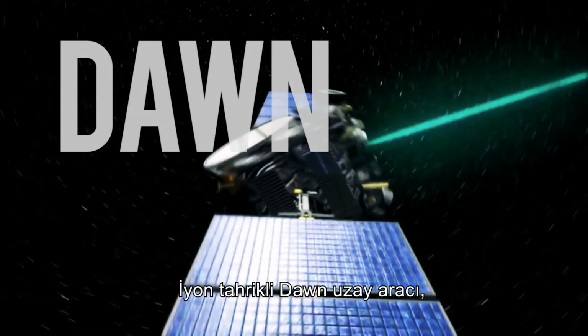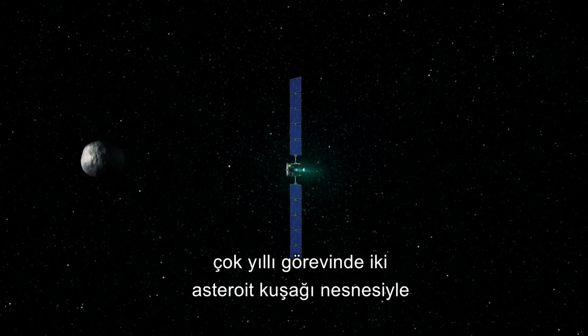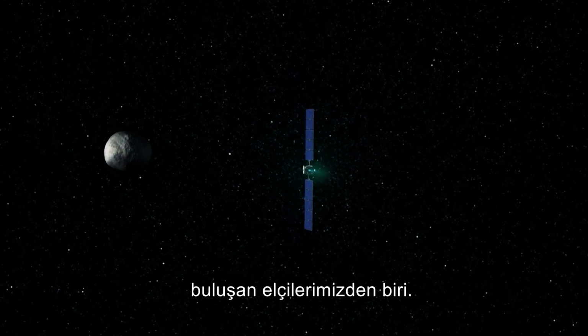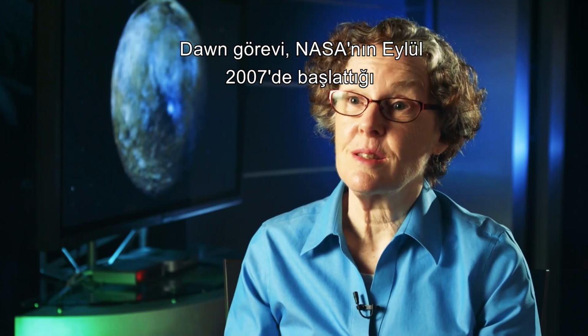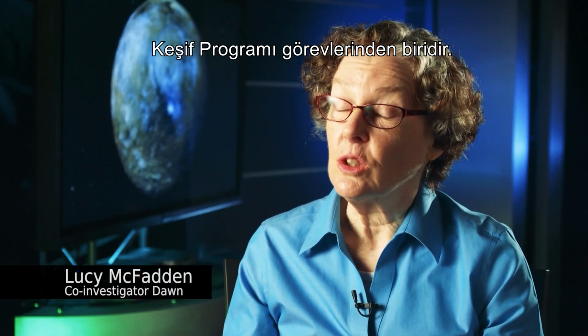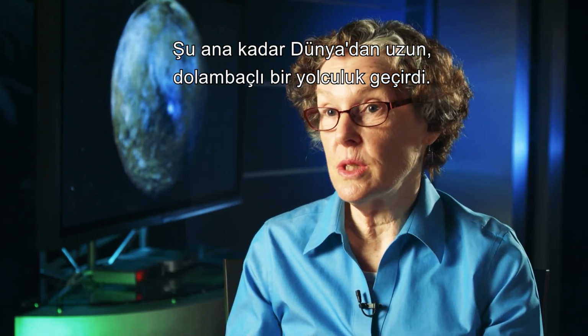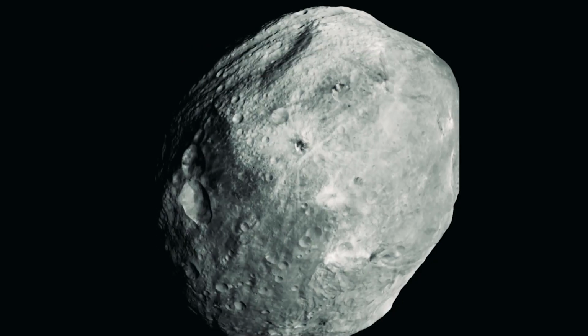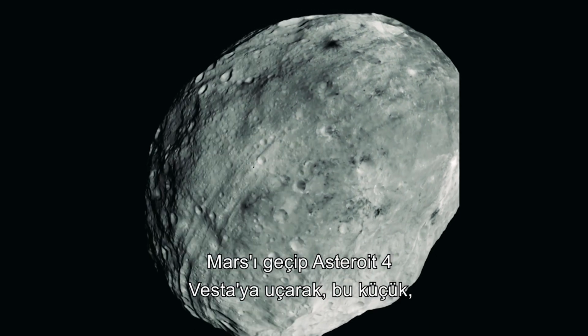The ion-propelled Dawn spacecraft is one of our emissaries that has rendezvoused with 2 asteroid belt objects in its multi-year mission. The Dawn mission is one of NASA's Discovery Program missions that launched in September of 2007. So it's had a long, circuitous journey from the Earth, flying past Mars and out to the asteroid 4 Vesta,